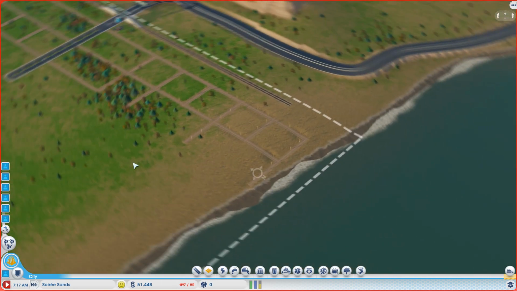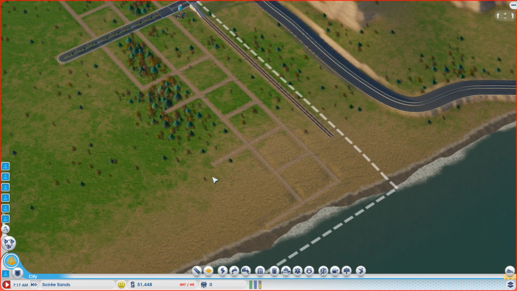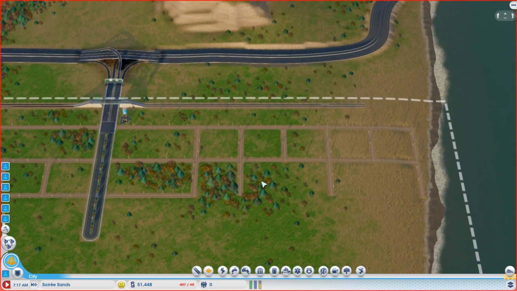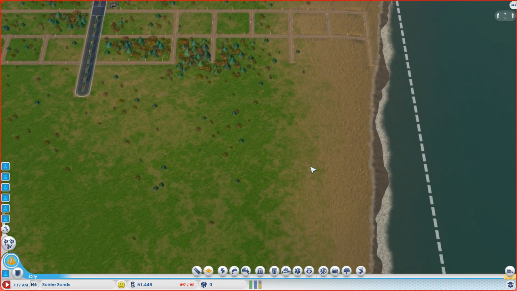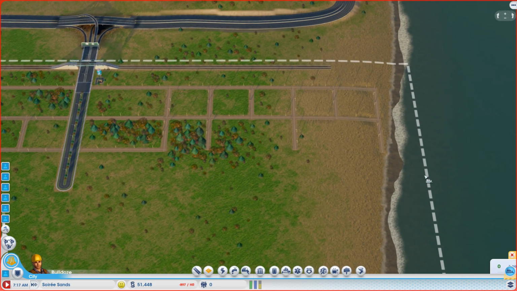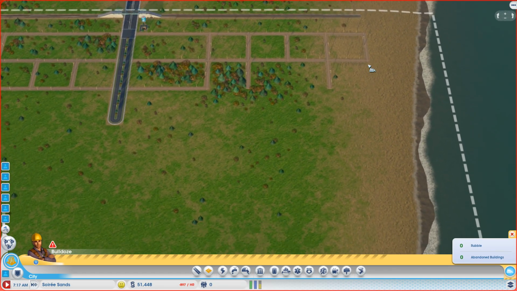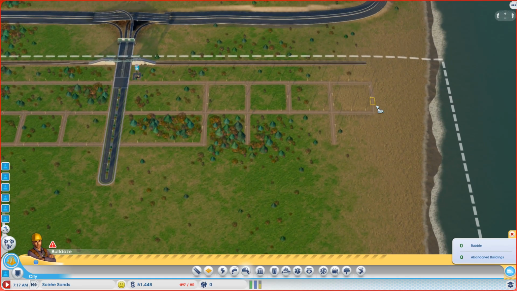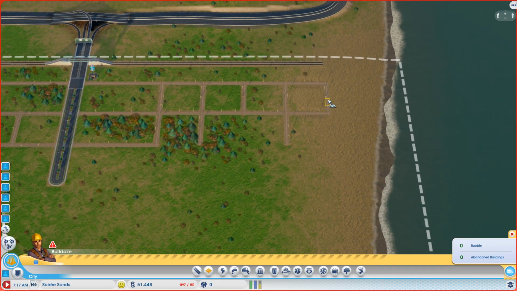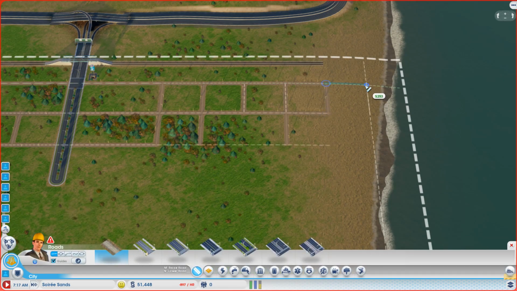So we have that going, and I think we will want to probably... Well, now I'm screwing myself this way too, because if I'm going to put that road here, that's going to change all kinds of everything. So maybe we'll just have it come from here. It's going to change all kinds of everything. Let me put that back in. And then...